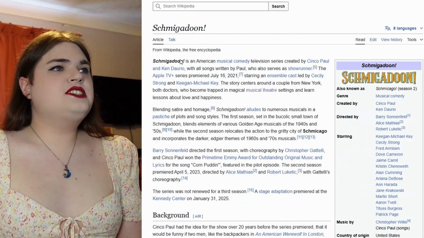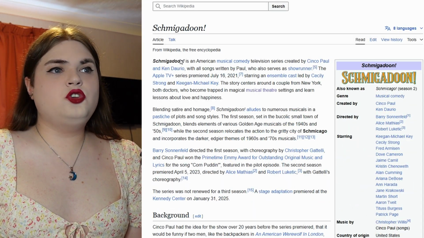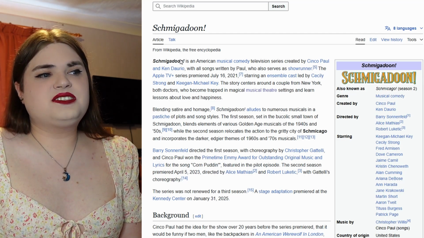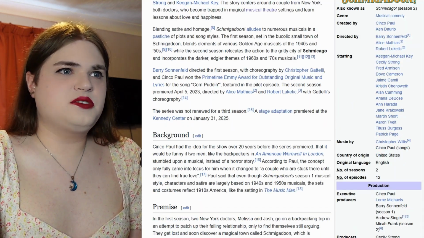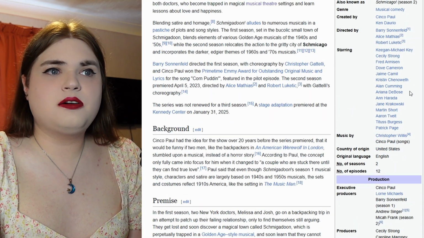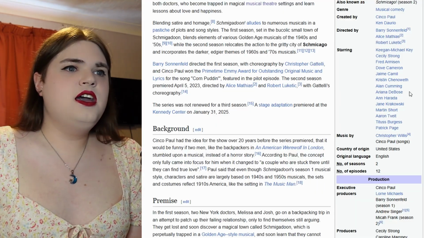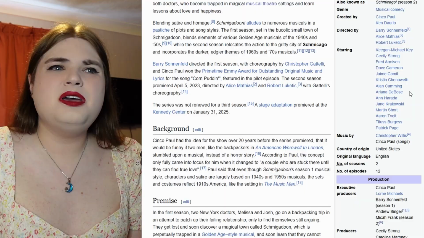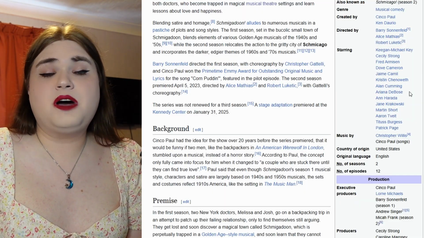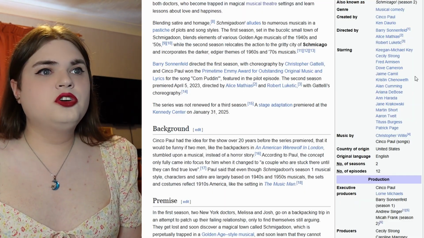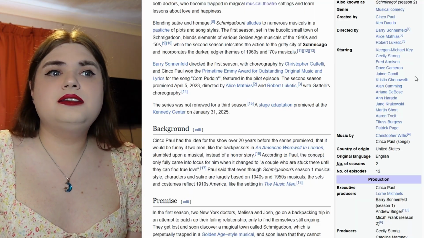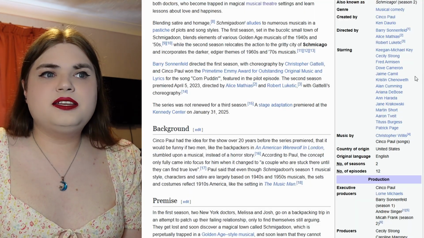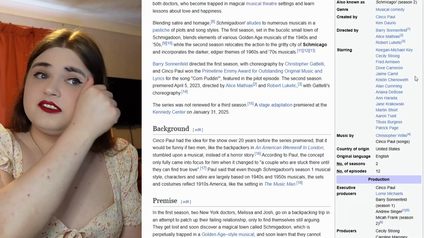There you go. Next up, Schmigadoon. And I need to get from Schmigadoon to Jamie Muscato, currently starring in The Great Gatsby in the West End. Now, there's a lot of musical theatre names that we can go through here. You've got Alan Cumming, that would bring us to someone like Cabaret. Titus Burgess could bring us to a lot of different things. Keegan-Michael Key is less of a musical theatre name, but still has done quite a few musicals as well. Did the Prom film. Ariana DeBose would take us to Hamilton as well. Jane Krakowski is currently in Here We Are in London as well. Aaron Tveit could take us to Moulin Rouge.